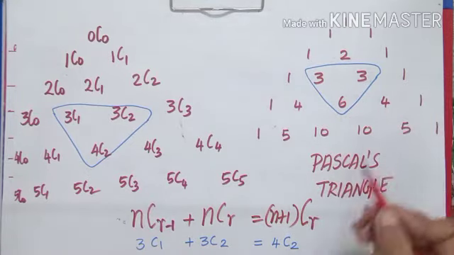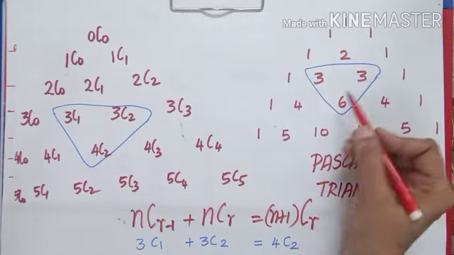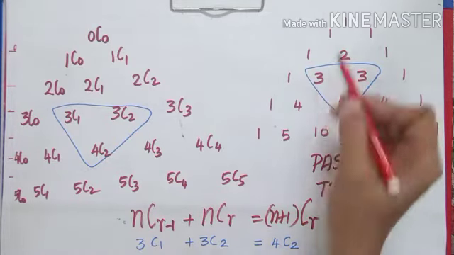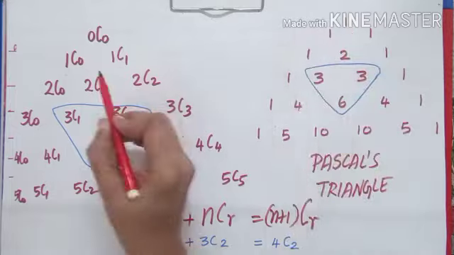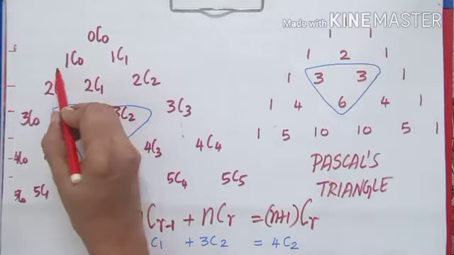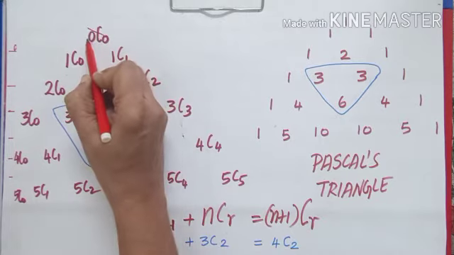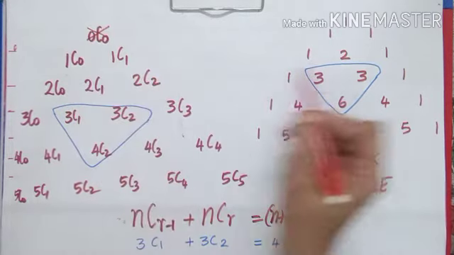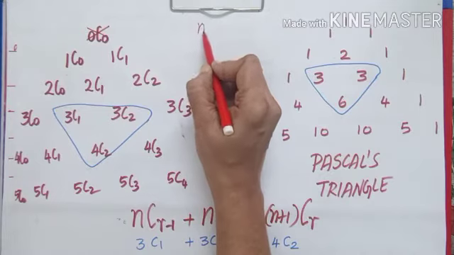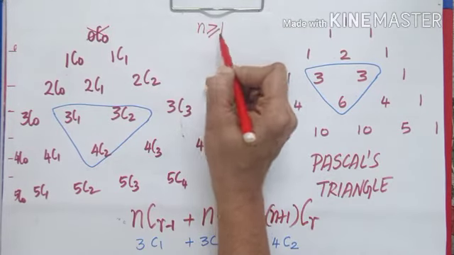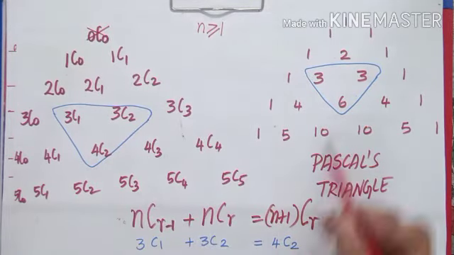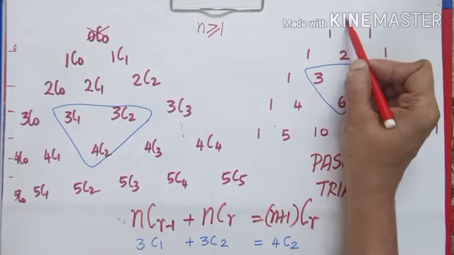How are these numbers actually coming? It is from the combination. The very first idea, 1, we write. The second row, 1C0, 1C1. So this is just what we have written. This is not the idea. When I write combination, n should be greater than or equal to 1. So this is the beginning we have written.